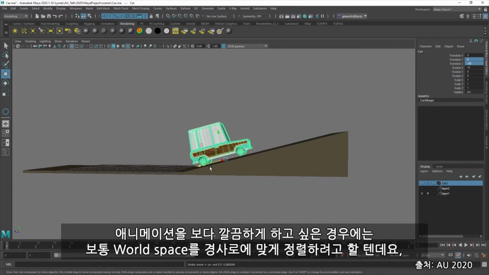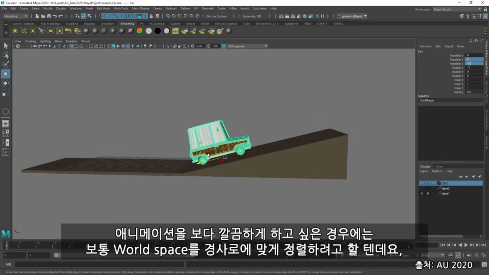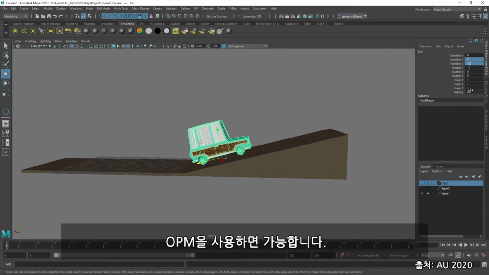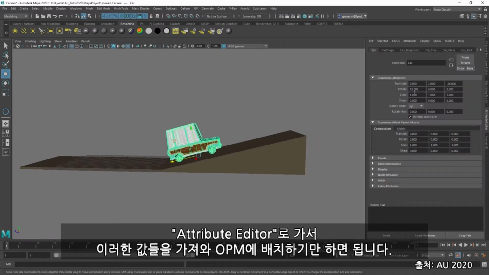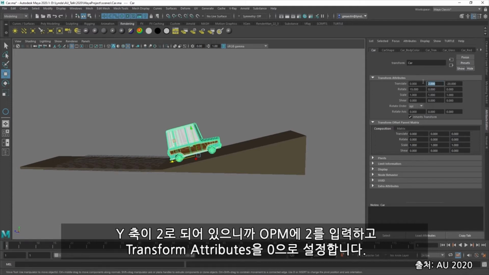Now, if we want to make our animation cleaner, we'd typically want to make the world space aligned with this ramp. Well, we can do that using an offset parent matrix. If I hop over to the attribute editor, all I have to do is take these values and place them in the offset parent matrix. So my Y is at 2. I'm going to go ahead and just type 2 into my offset parent matrix